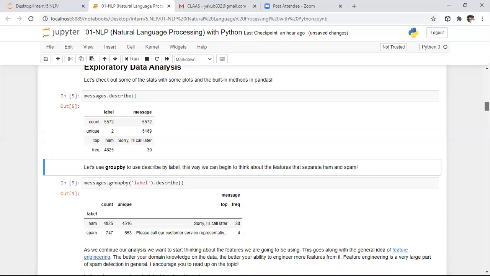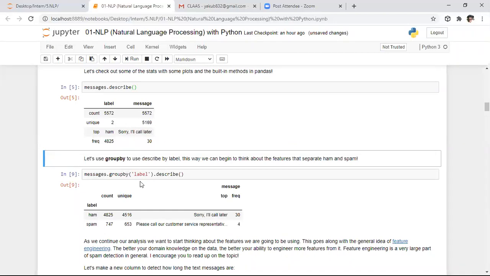After this, I want to use group by. I want to keep ham messages and spam messages separate, so I am grouping by the label column. That means I want to separate by using this column name. However many categories there are, that many groups it will divide into. So I'm applying the group by function on the label column and describing it. Here we have 2 categories, spam and ham, which will be separated, and we are describing these 2 labels.